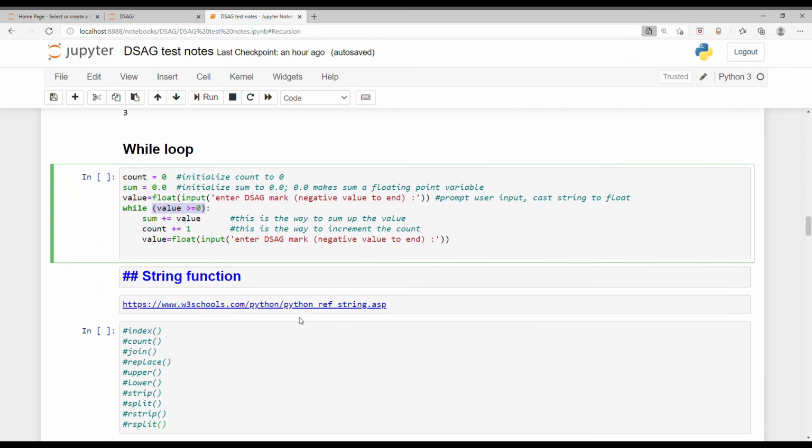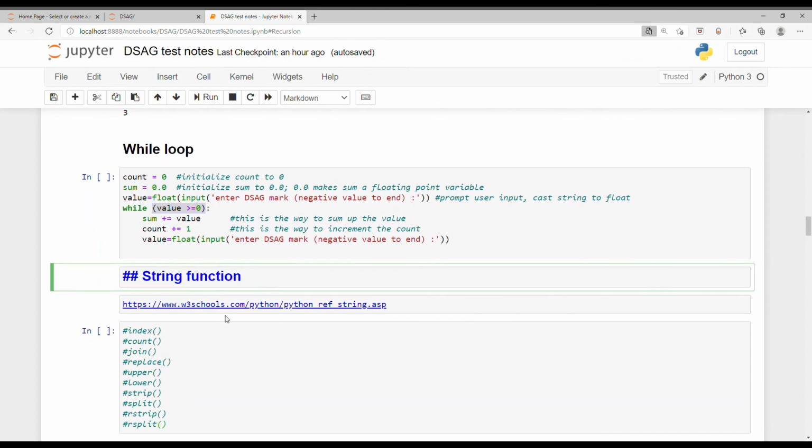So now for the string function. You can click it to see